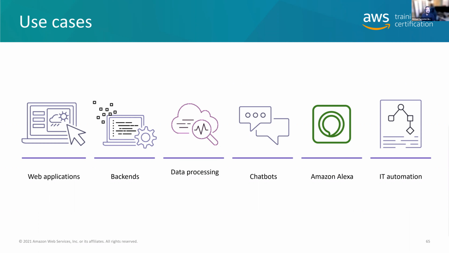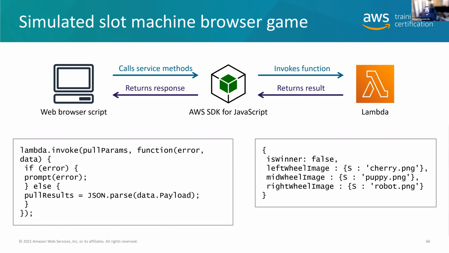That's all. Here, by the way, is a simulated slot machine browser game where there's like a cherry, a puppy, and a robot there. That's hilarious. But basically, a client-side browser calls the script, right? And then it invokes the functions, returns the results, and then returns a response. But I've mainly used Lambda instead of running my cron jobs in a cron server, like on a Linux box. I've mainly used Lambda for all of my various administrative and system tasks. So it's ideal for that.